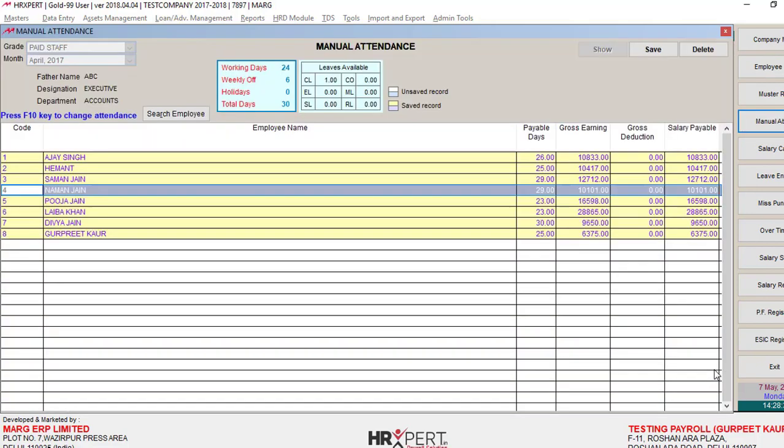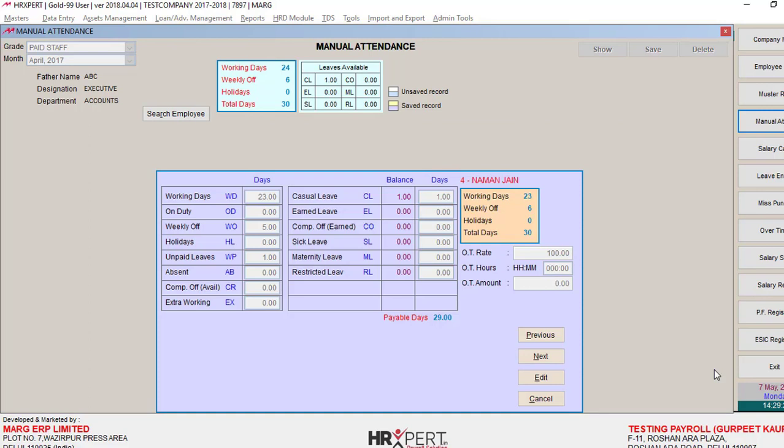After this, come to the record of that employee to which OT has been given. You will see OT rate has been shown. As we have set OT rate for this employee, along with it we will set for how many hours you want to give OT. Suppose here we will enter 5 hours. Now you will see its OT amount has been calculated and it is 500. So in this way you can calculate OT through employee rate wise.